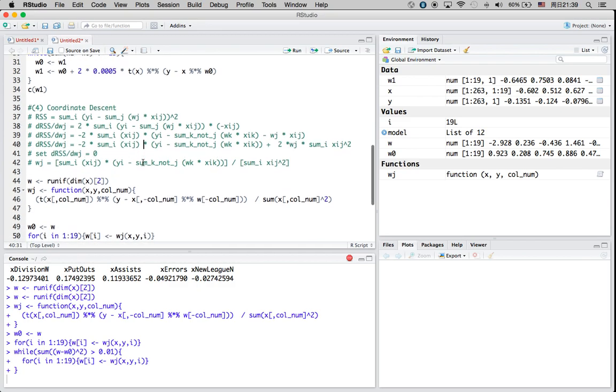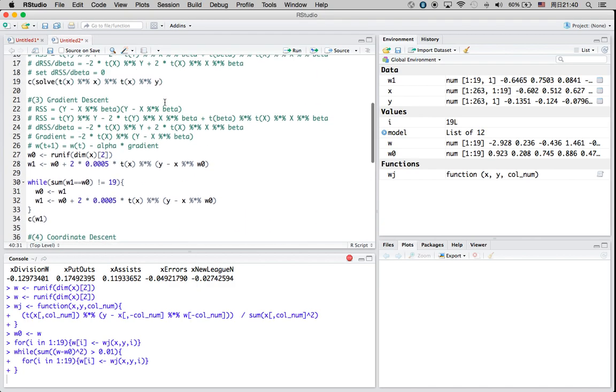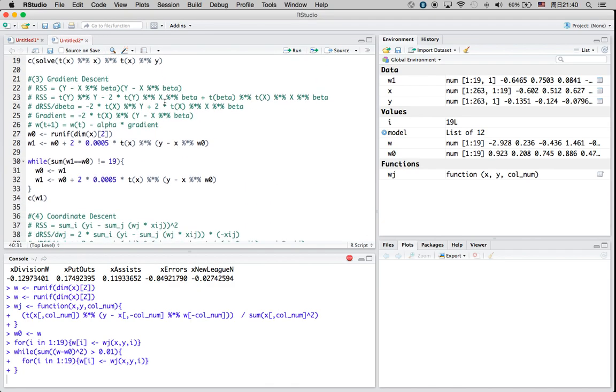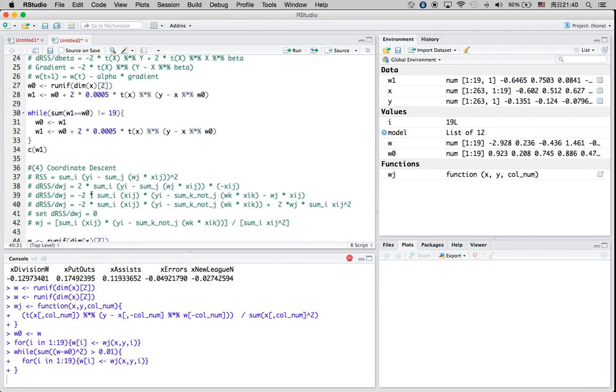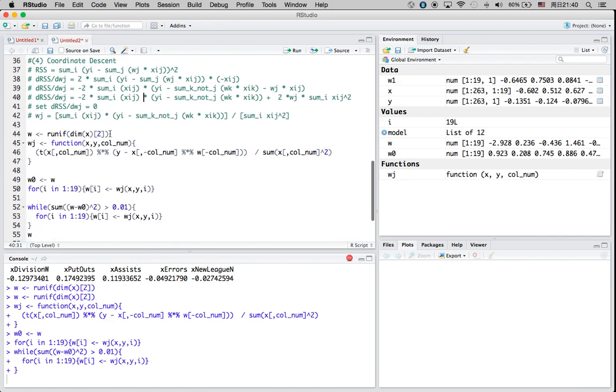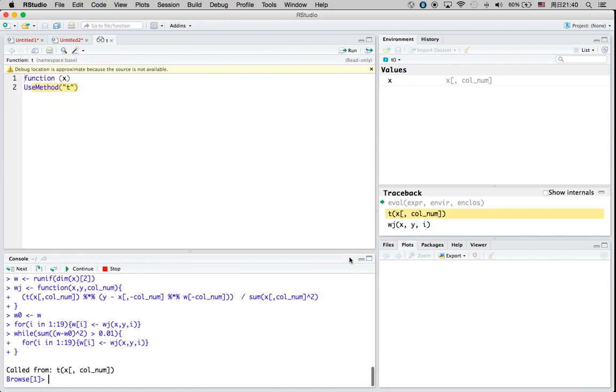Similar to a conditional probability, it just makes it easier if it is easier to update one dimension at a time. So this is the difference between coordinate descent and gradient descent. So let me stop the for loop,